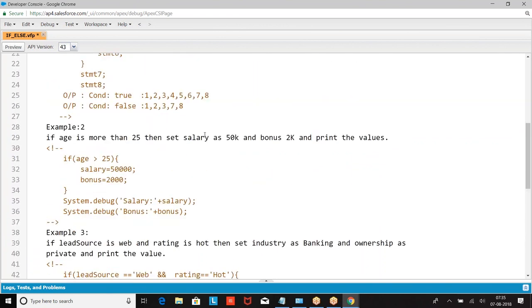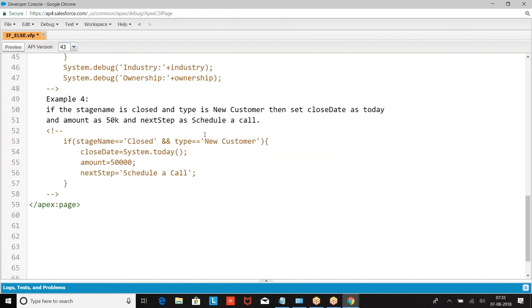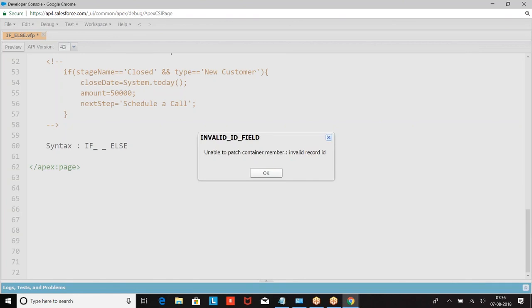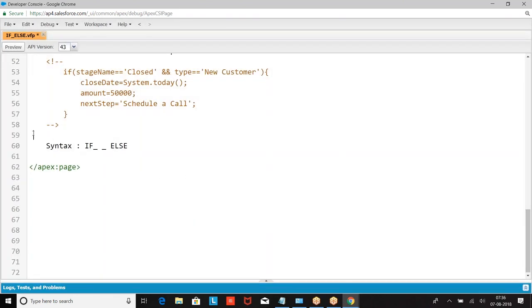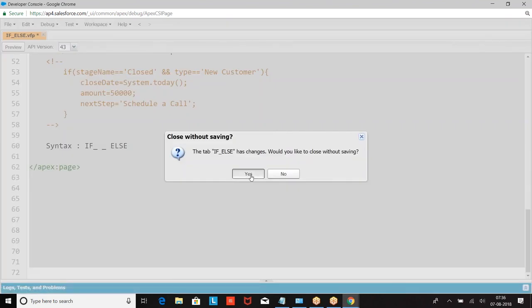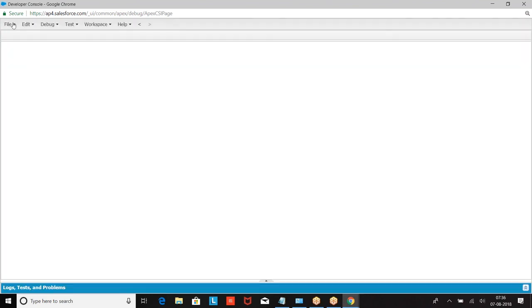Okay. So we have seen the basic level of if. If the condition is true, this will happen. So let us take the next one. If else. What is this if else? I told you if the condition is true, do this. If the condition is false, do what? Till now, whatever we gave, only says what to do if the condition is true. Now we want to see what I should do if the condition is false.